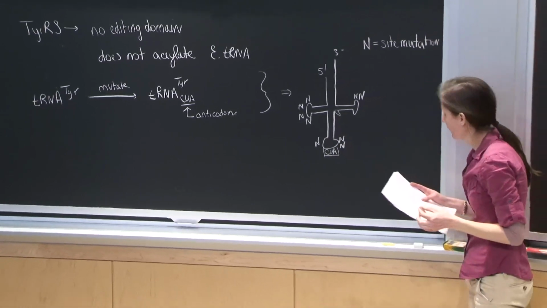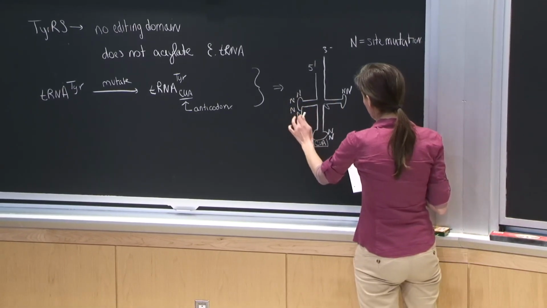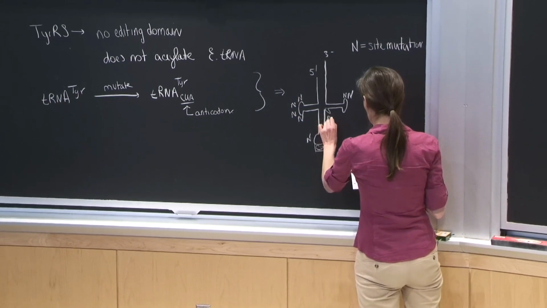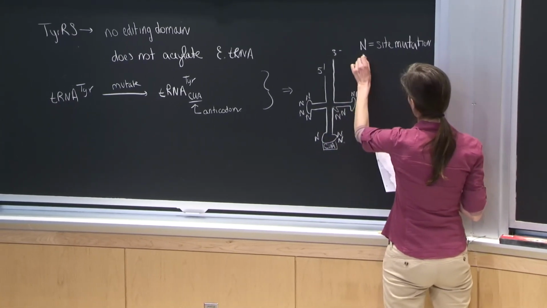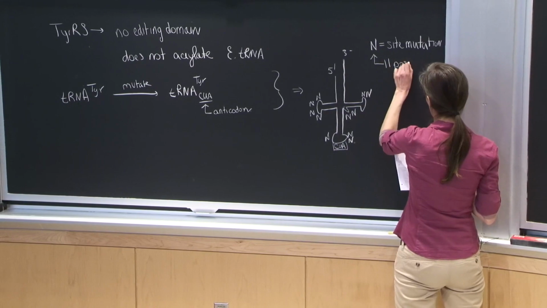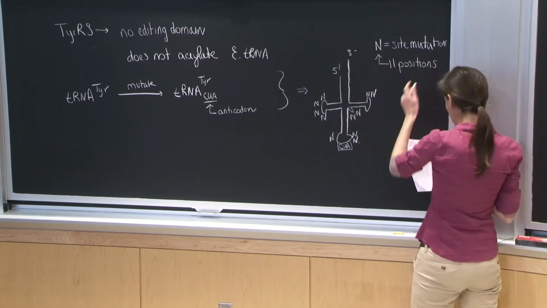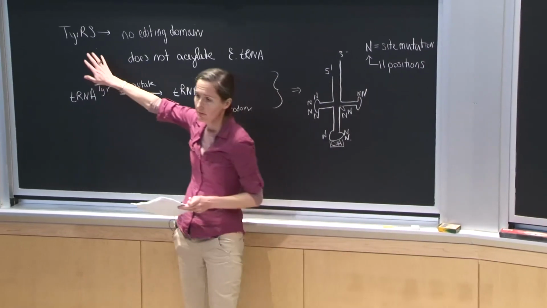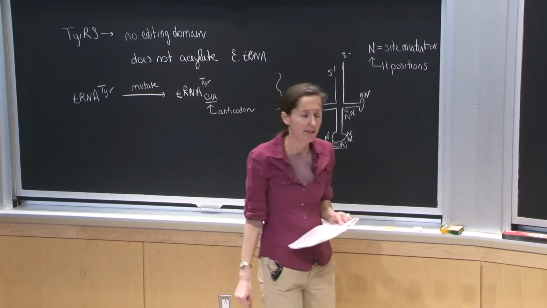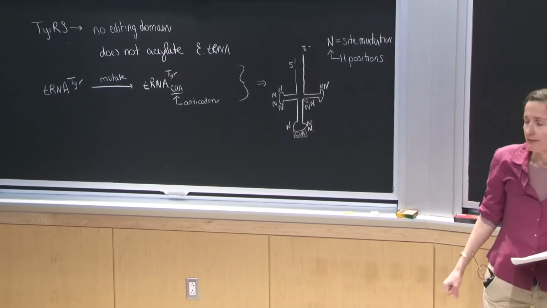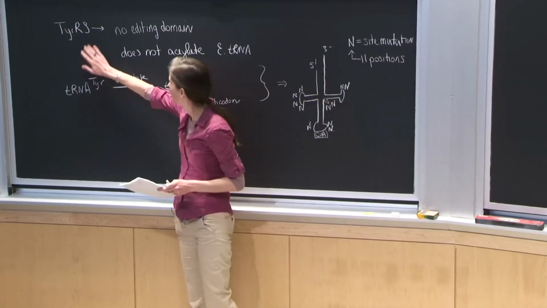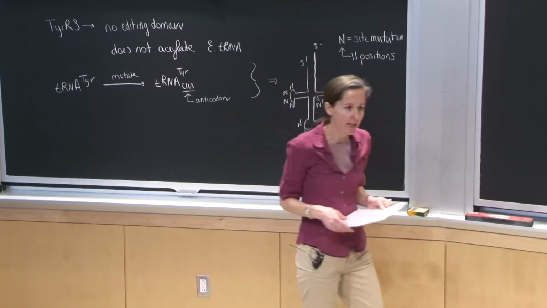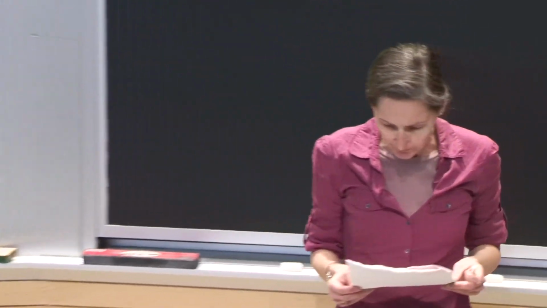So they identified these 11 positions, and these 11 positions do not interact with the AARS of the pair. So the idea is to maintain this interaction, but prevent any interaction of this tRNA with E. coli machinery here. So effectively, they used a method called directed evolution to do